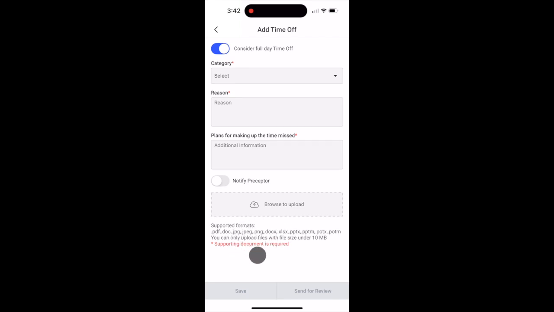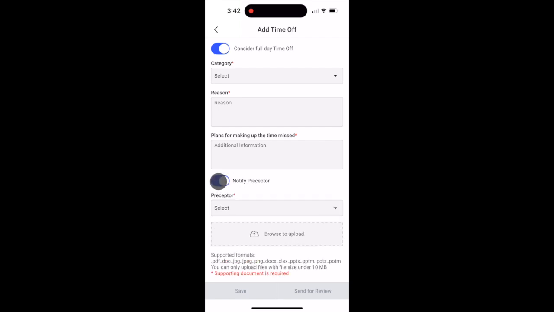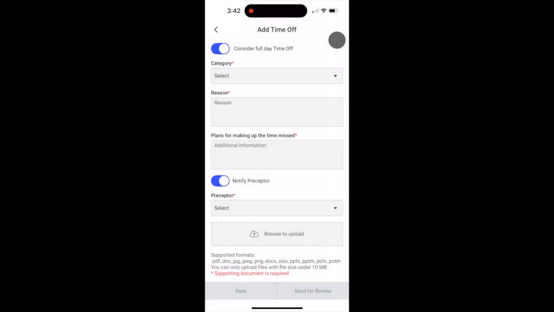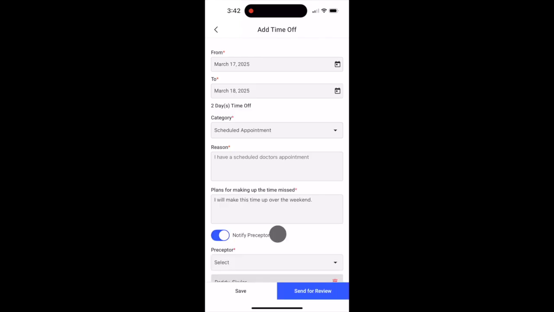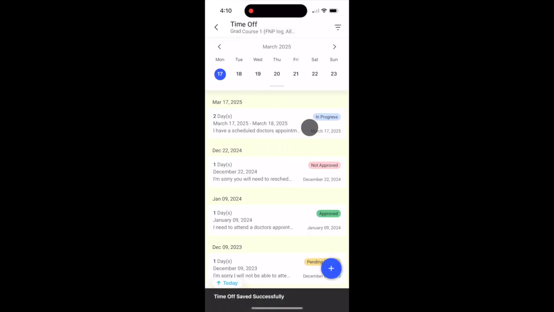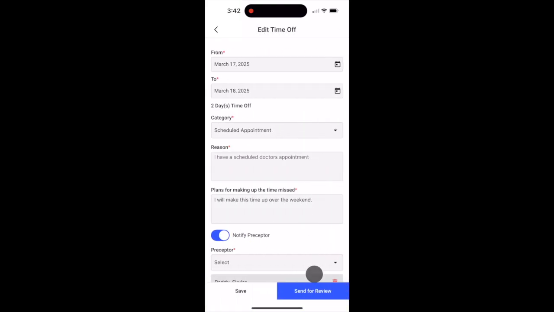If you would like to notify your experiential supervisor of this time off entry, tap on the Notify Experiential Supervisor bit and select your desired experiential supervisor. Just like before, any required sections will be marked by a red asterisk. Once you are finished, you can either save your entry or send it for review. If you have saved your entry, it will be saved with the In Progress status. If you choose to send it for review, the entry will be sent to your faculty or program administrator for